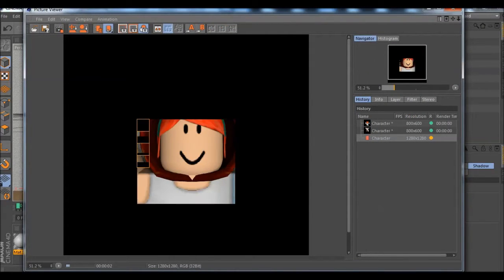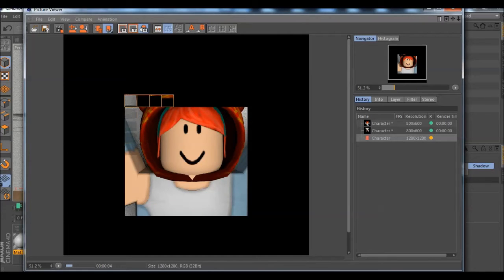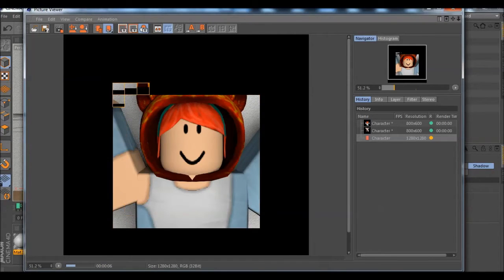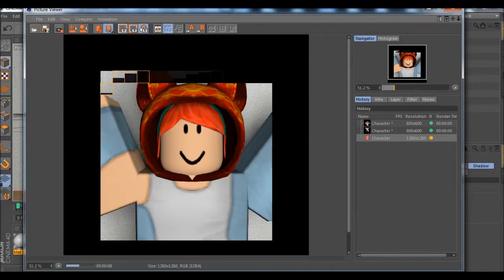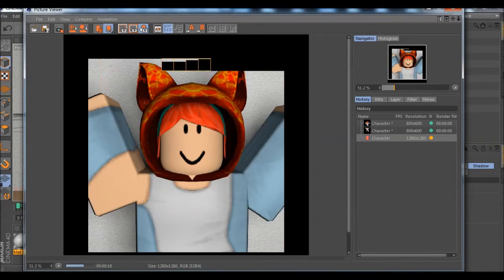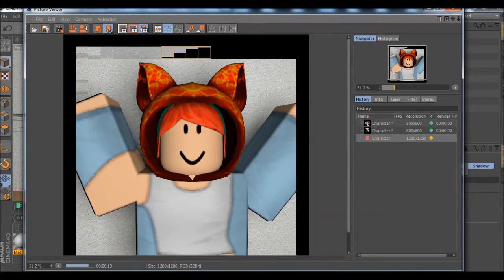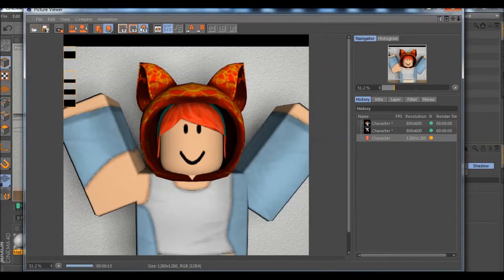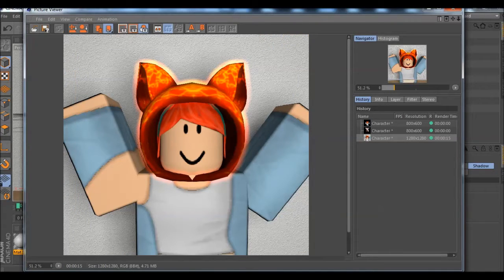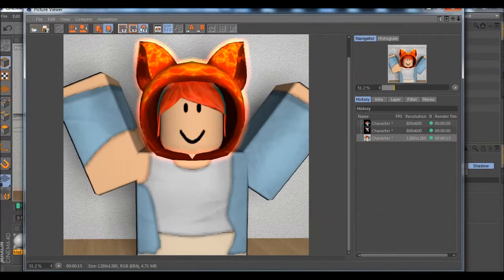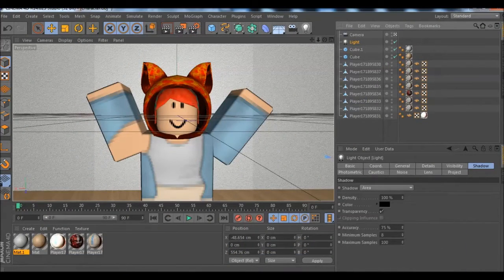Then if we just render out a bit, we're just getting this nice clean render. And obviously the hoodie has that little bit of glow on it to make it look nice and cool. But it looks kind of weird, doesn't it? So